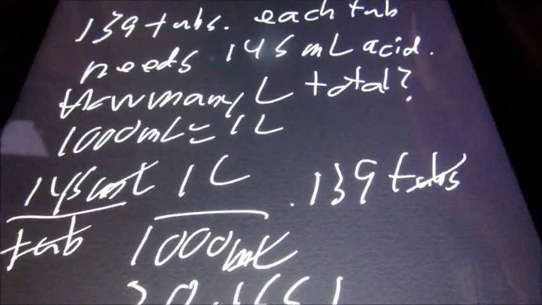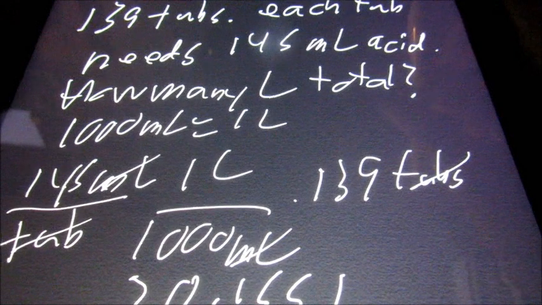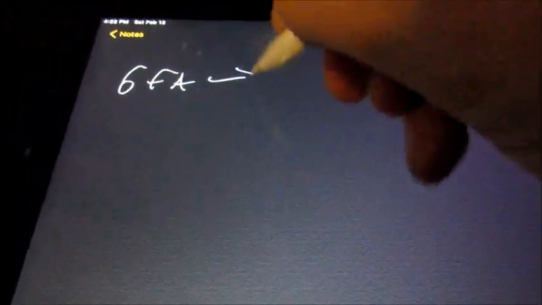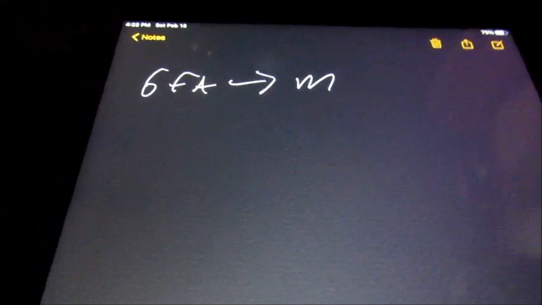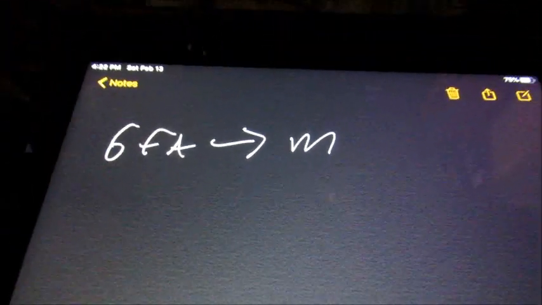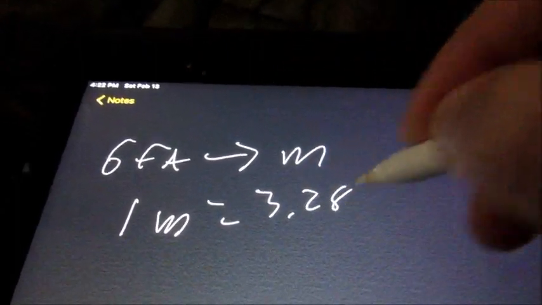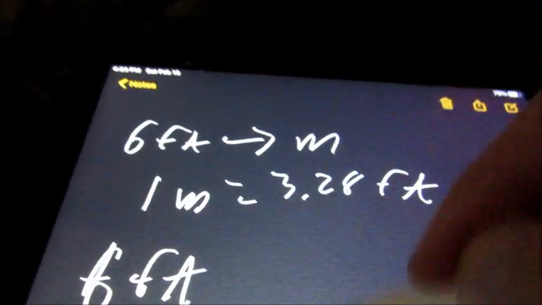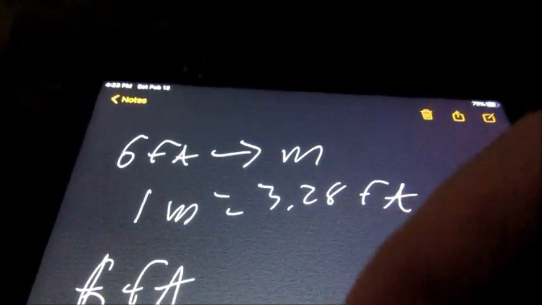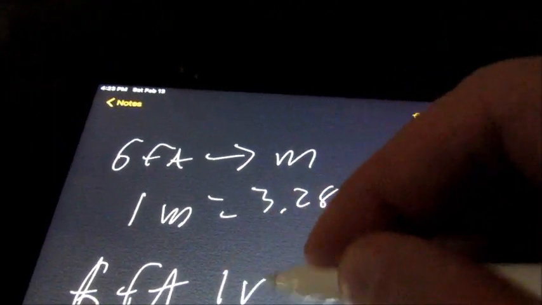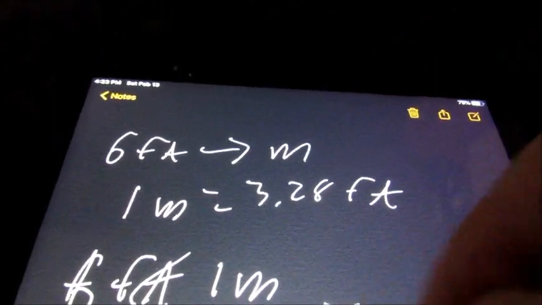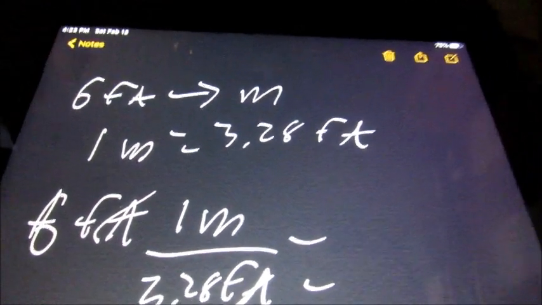Next are going to be ones where we're changing from standard to metric. So say we have 6 feet, go to meters. Okay, so we know that 1 meter equals 3.28 feet. So we're going to start with 6 feet, and we put the 3.28 feet on bottom and 1 meter on top. The feet will cancel, and we are going to get